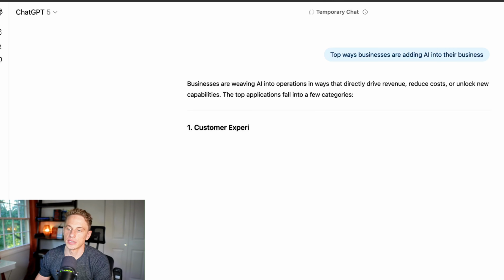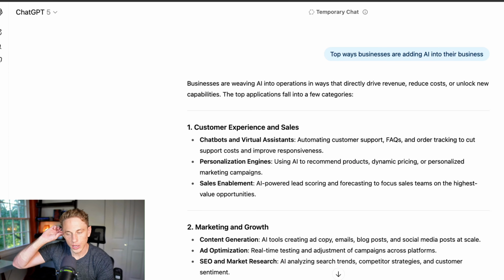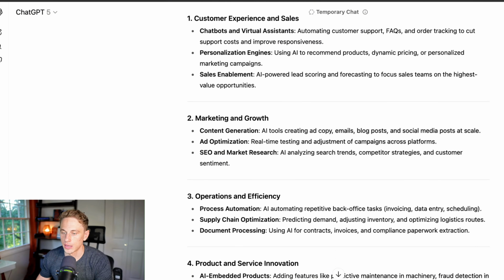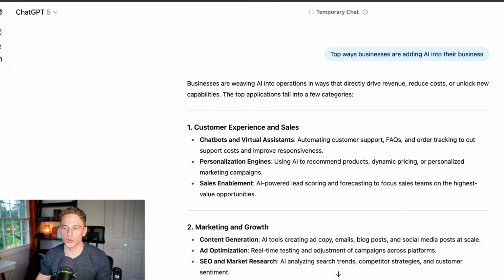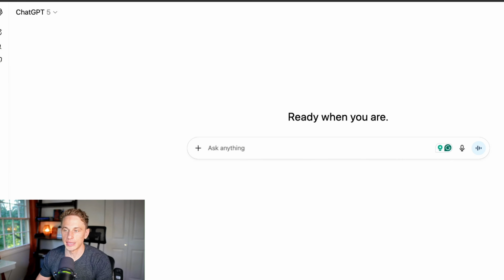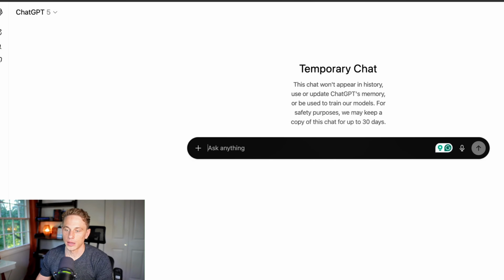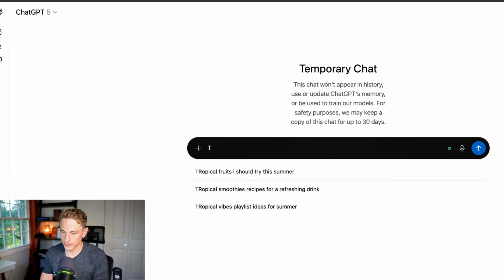And then you get this response. Okay, that's cool. That's not a terrible response, I guess. Well, we're about to find out if it's terrible or not. At a high level, it's not bad. It's basically a Google search. So, if you're doing just a Google search, you just want surface level information, type into ChatGPT like you're going to Google. The next step is, and we're going to do the same thing,